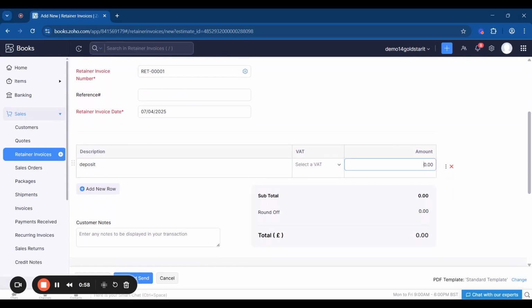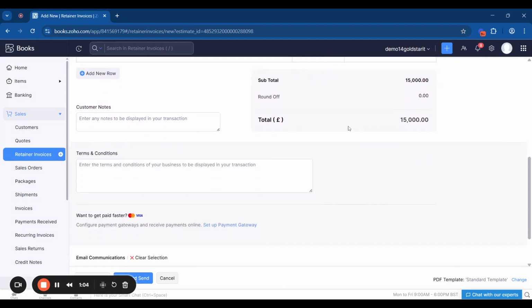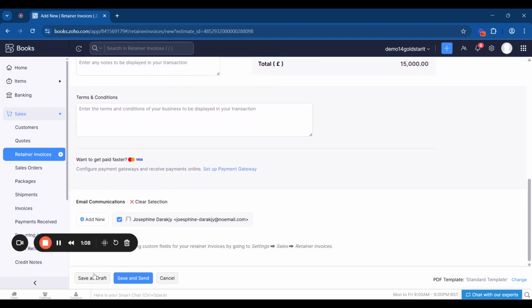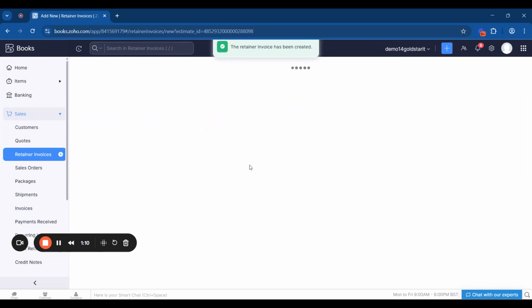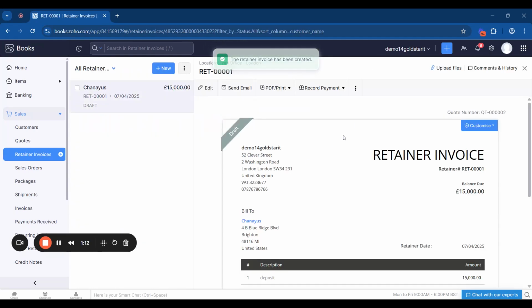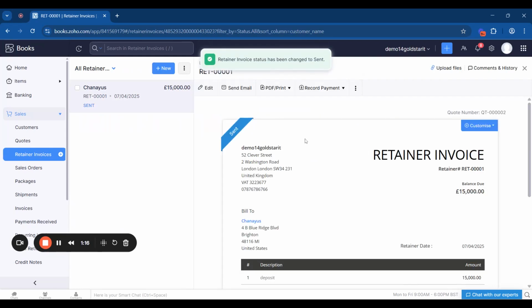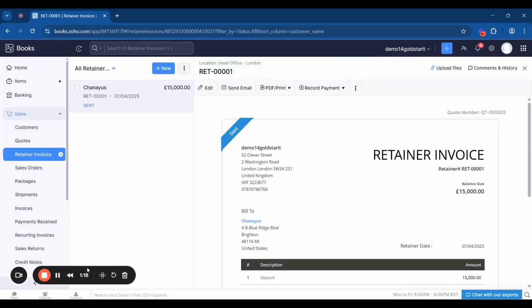And I'm going to ask for £15,000 and I'm going to hit here save as draft and I'm going to mark as sent. Okay, so our retainer invoice has gone off to the customer